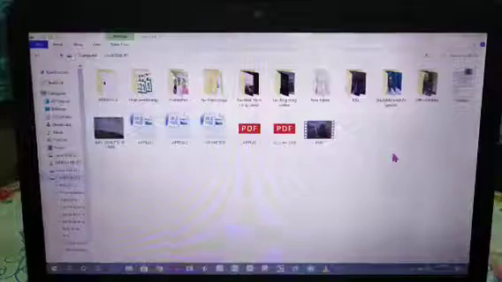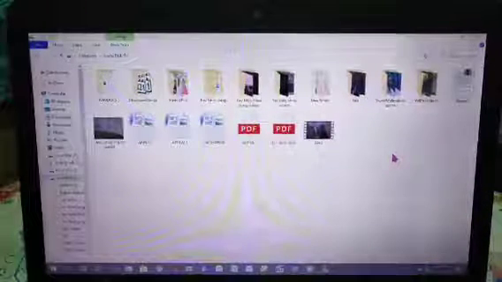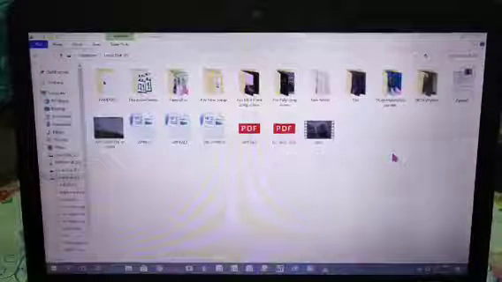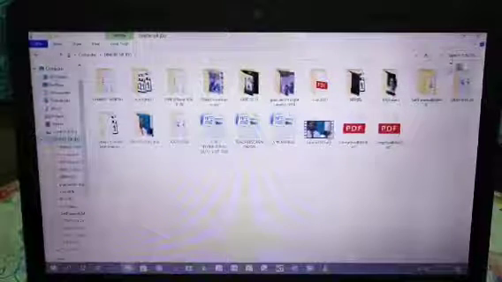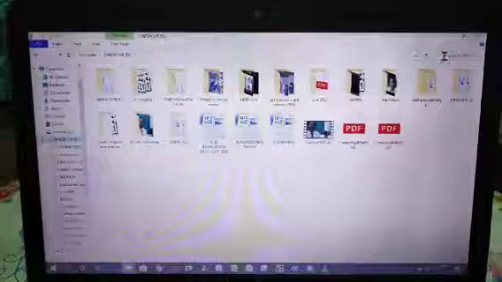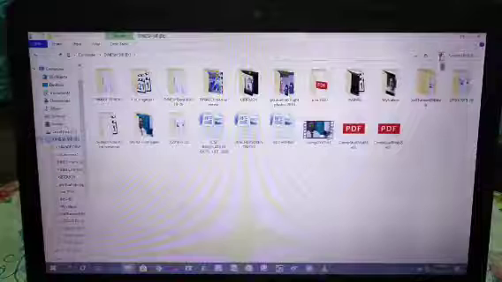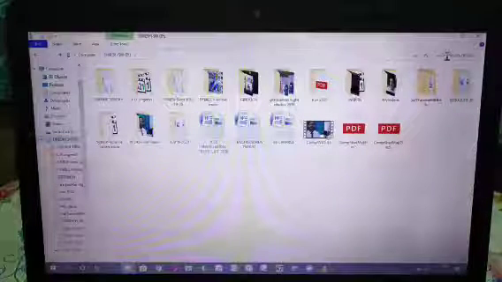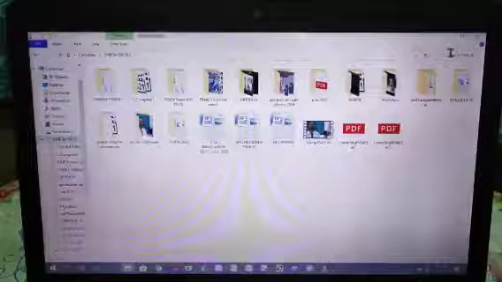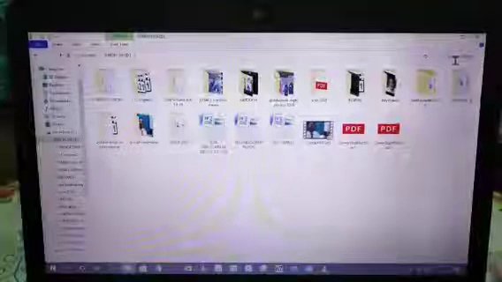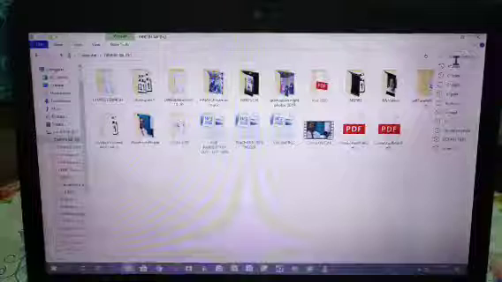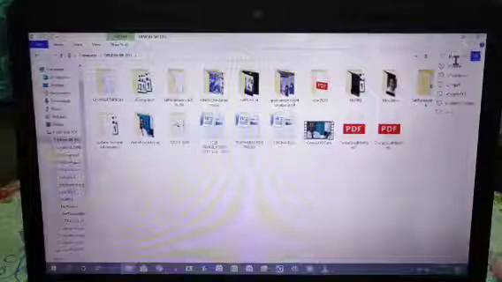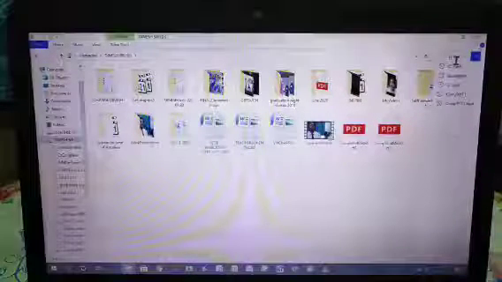Suppose you want to search for a file in D drive. Suppose you go to D drive and you want to search. There is a search box over here, with a lens icon, search. You can type here, suppose you type C, then asterisk.